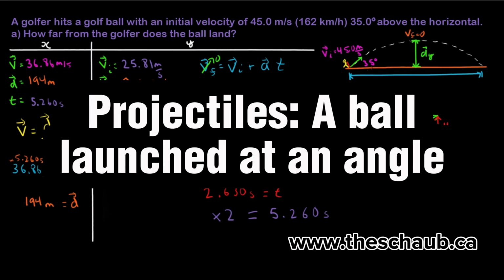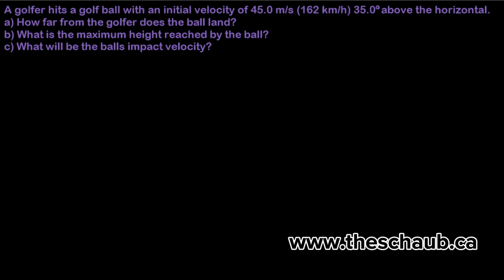Welcome to this problem on projectile motion, where a golfer hits a golf ball and we determine how far the ball goes, how high the ball goes, and the impact velocity of the ball. A golfer hits a golf ball with an initial velocity of 45 meters per second at an angle of 35 degrees above the horizontal. In part A, we'll find how far from the golfer the ball lands. In part B, the maximum height reached by the ball, and in part C, what will be the ball's impact